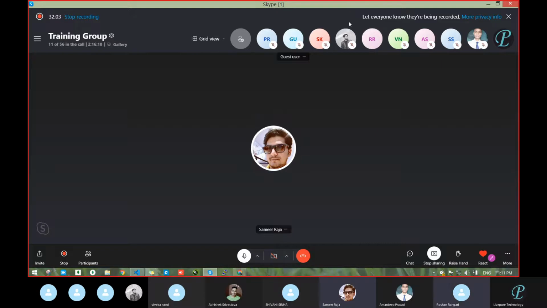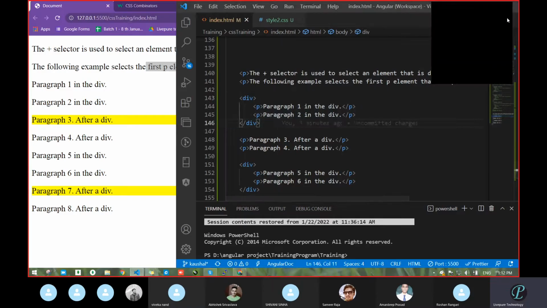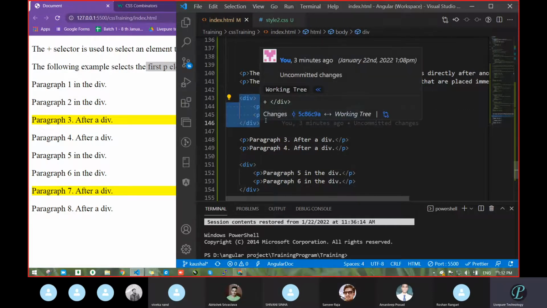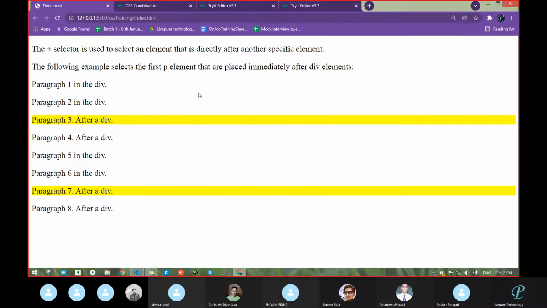Immediately means the next one. The same thing is happening here: immediately after this div. So which type of selector is this? The adjacent sibling selector.